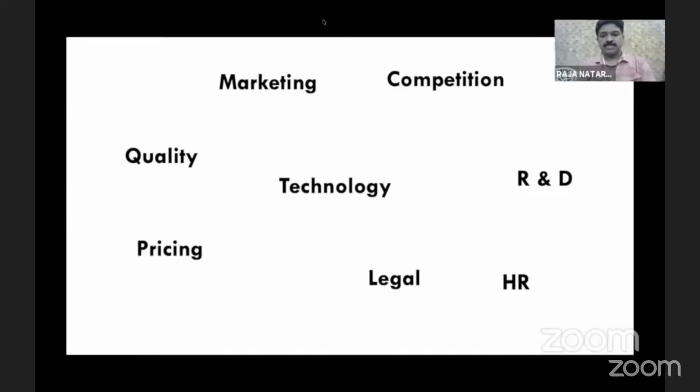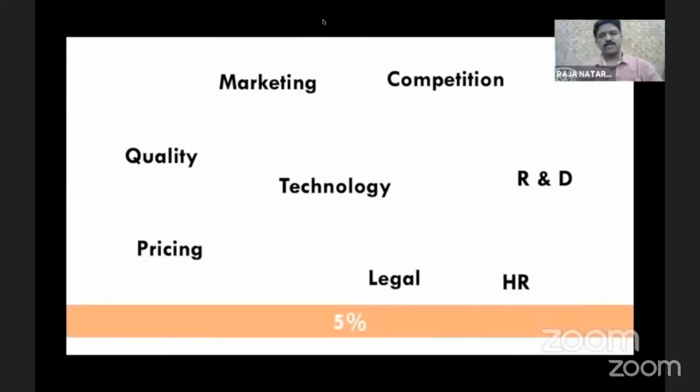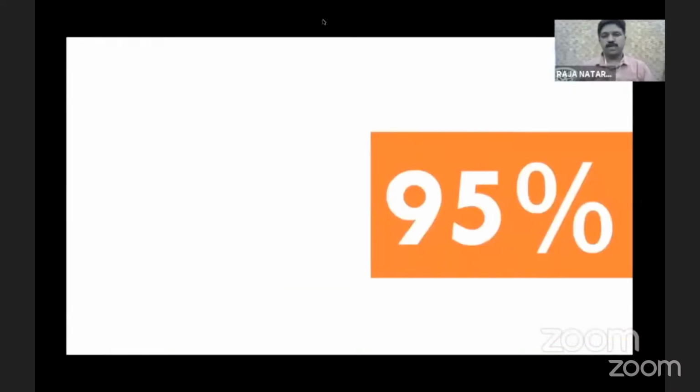So reasons like this came up, like poor marketing, technology, pricing, legal, competition, everything. But the stunning fact is all these reasons collectively contributed only to 5% failure of business. That is, if 100 failed units were selected, of that only 5 units failed on account of these many reasons collectively. It means the remaining 95% business units failed on account of one single factor, that is financial